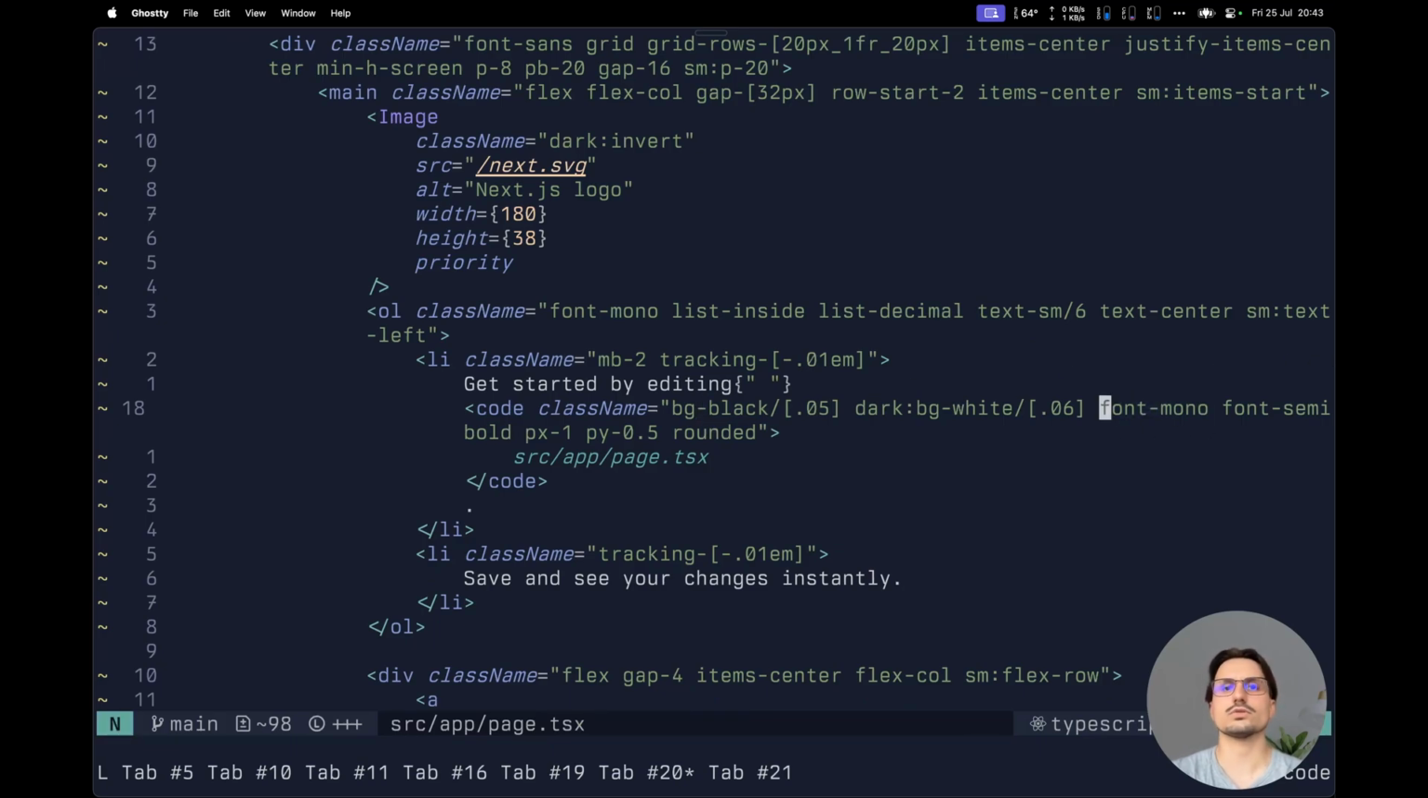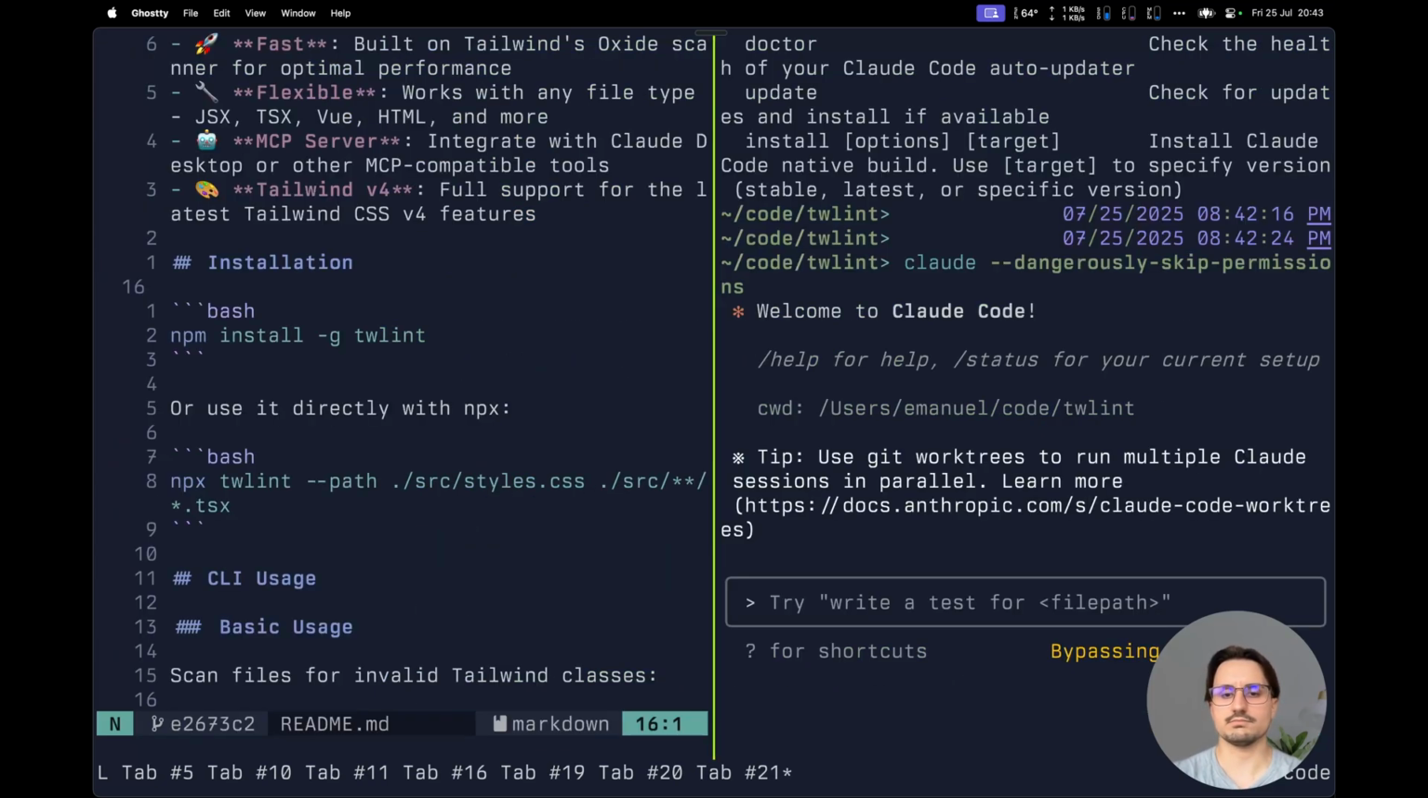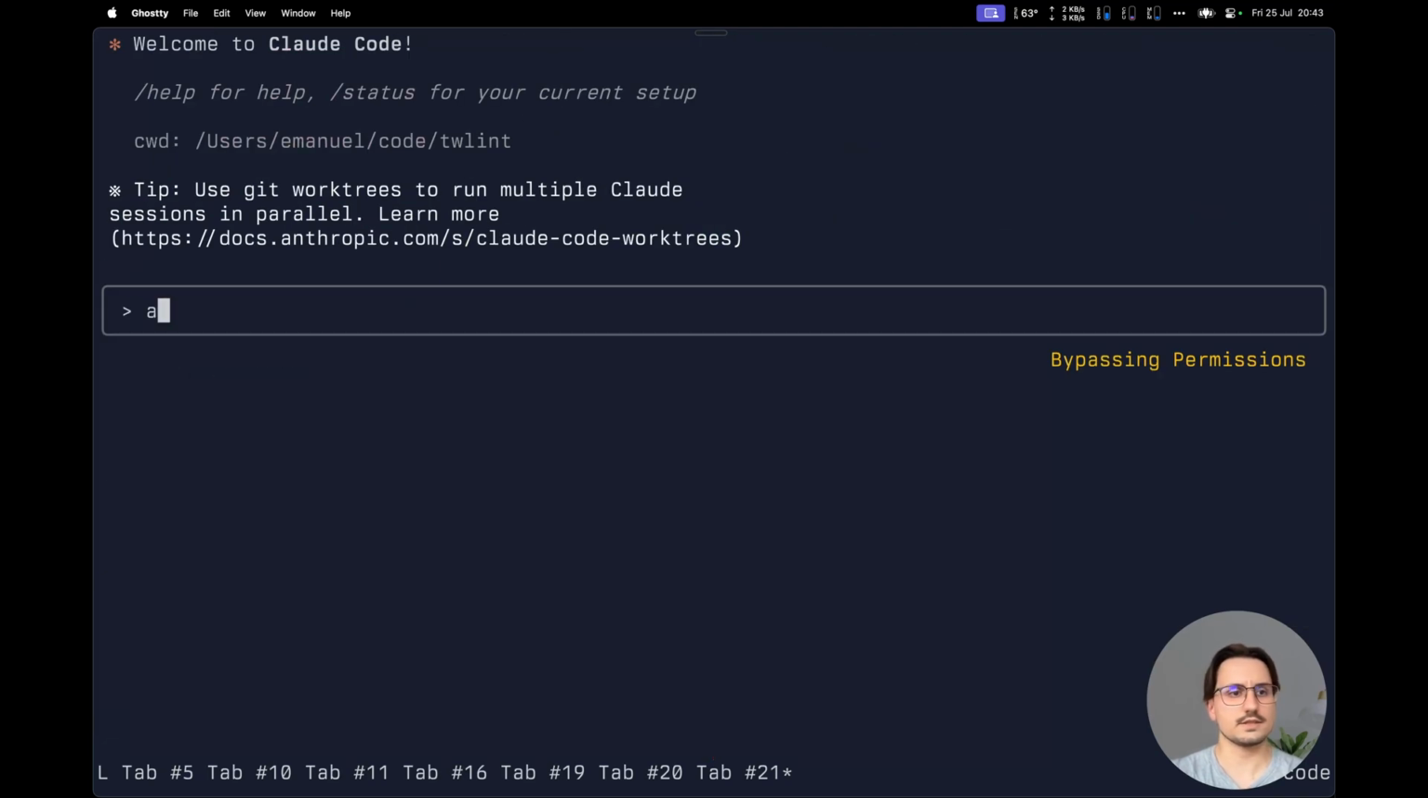Okay, so I want to know something like how many times is the font mono actually available inside of this project. So I'm going to expand this really quickly. I think it's like this. Okay, so now let's create a couple of agents,